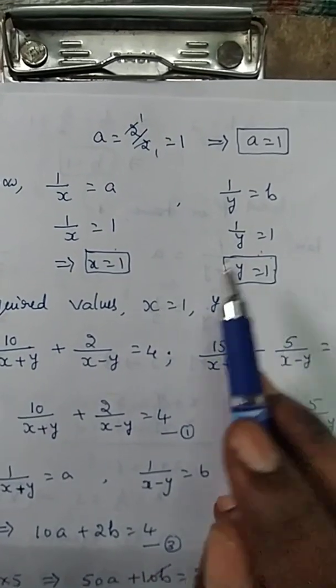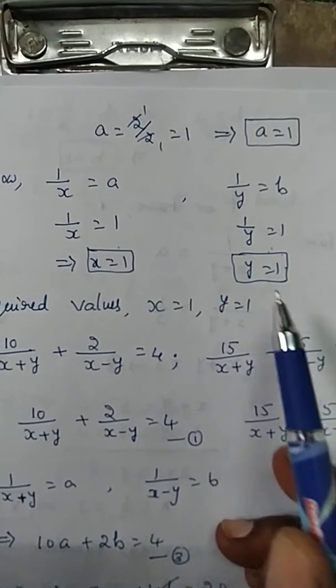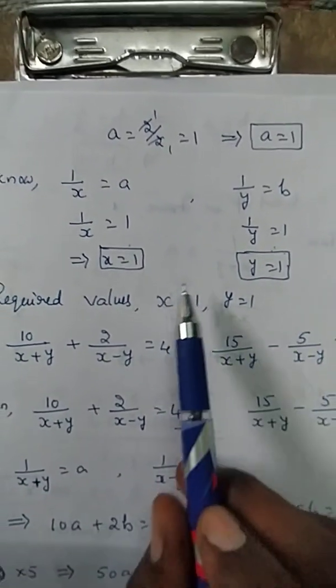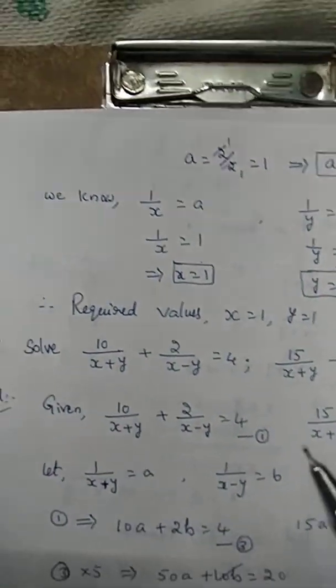We check whether those are right or wrong by substituting those values in the given equation. If the equation is satisfied, then automatically those are right. If the equation is not satisfied, the answers are wrong. Okay. So now the required values are x is equal to 1 and y is equal to 1. Then coming to